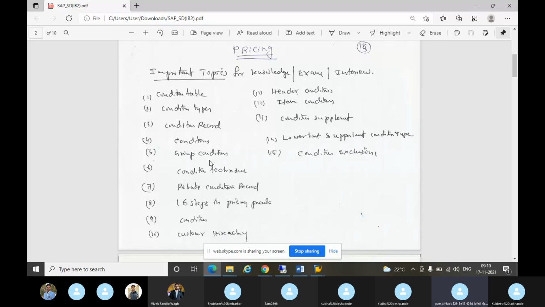Actually, I would have finished by tomorrow itself. See, I missed one day now because of the pricing. I told you to practice, but you practiced in another way. Practicing pricing is okay, but when it comes to the order level, you should have your own customer and own material. If you take the standard TSM 62, it is restricted to only a few things. When you create your own customer, you have the freedom to do anything. You maintain many things in the master data. That is important: master data.